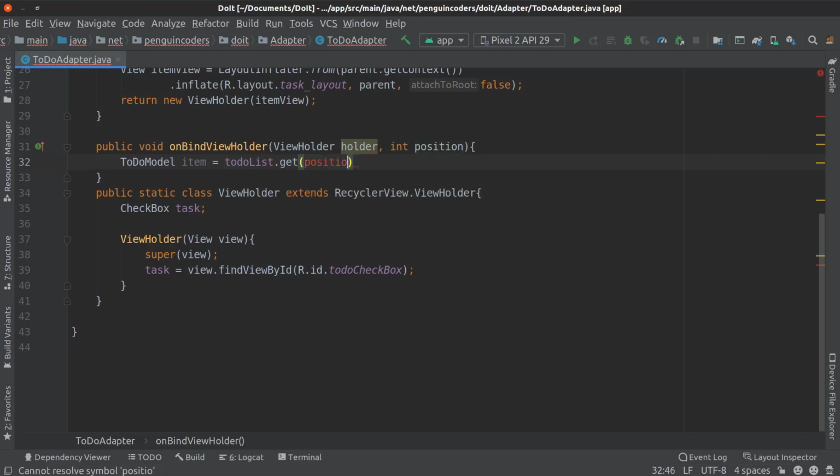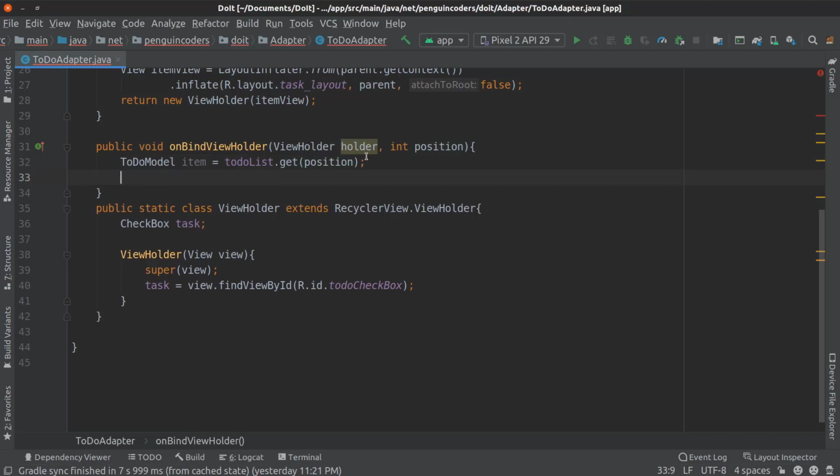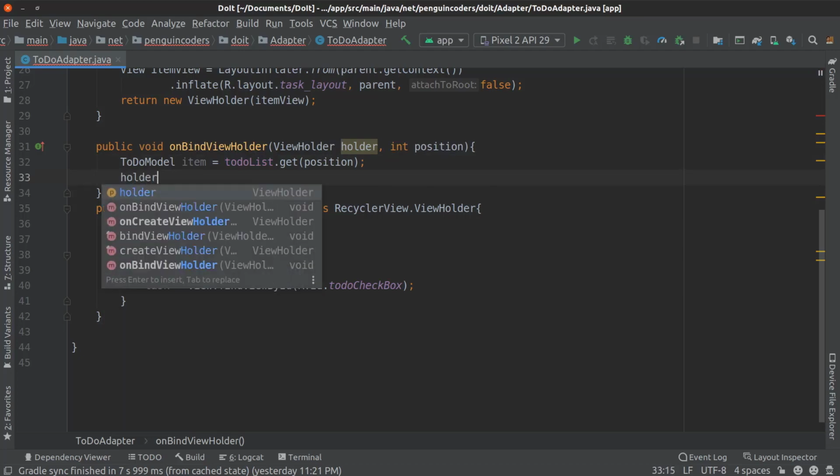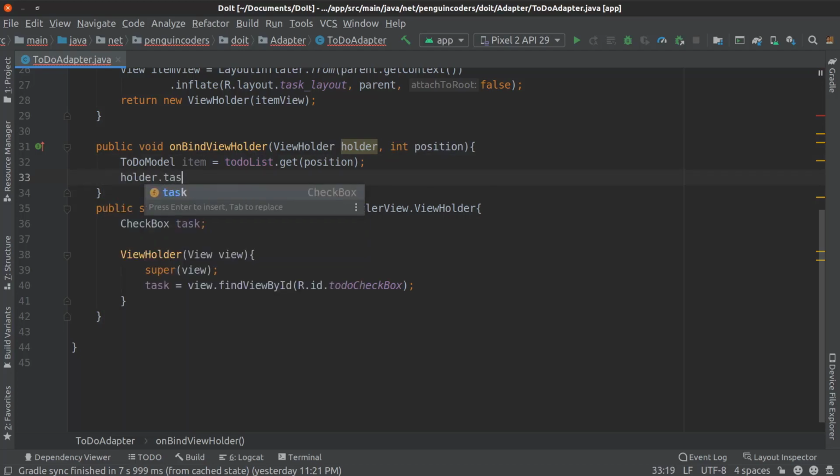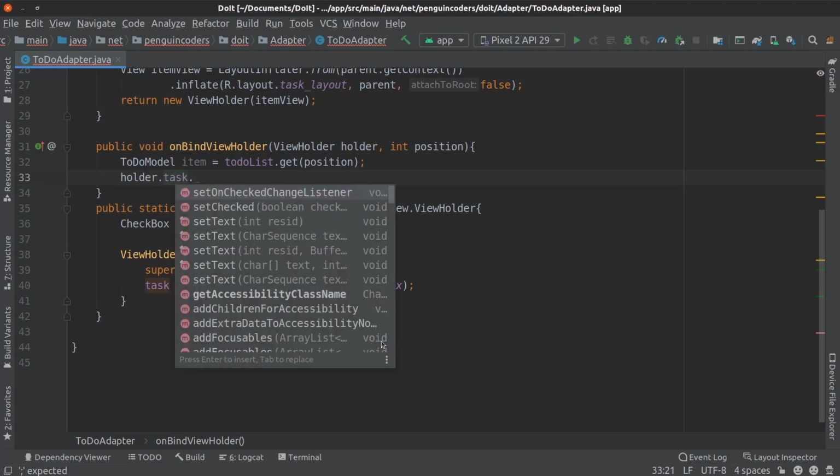So what this tells me is that from the holder, or from the app's interface, you get the position, and in the to do list you search for that item, and we will now work on those functions only. So holder dot task dot set text.